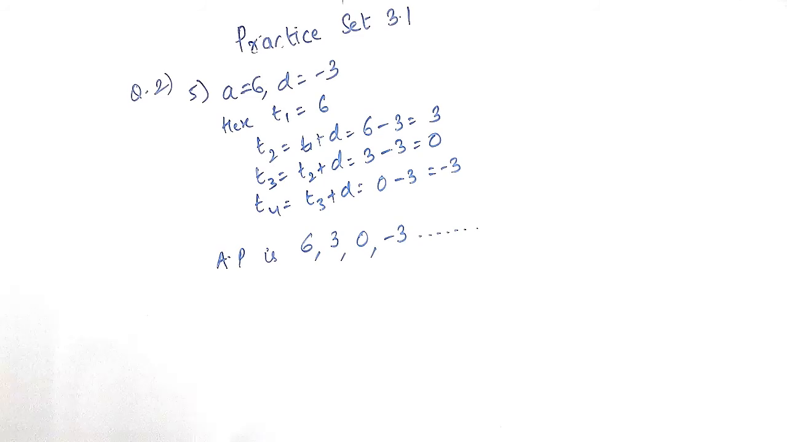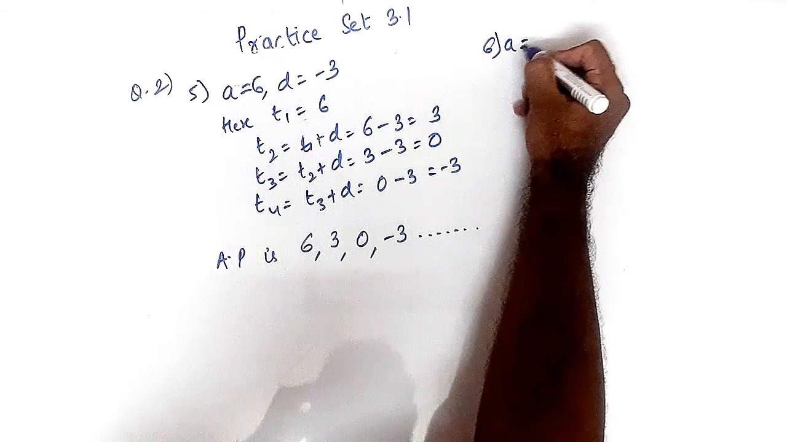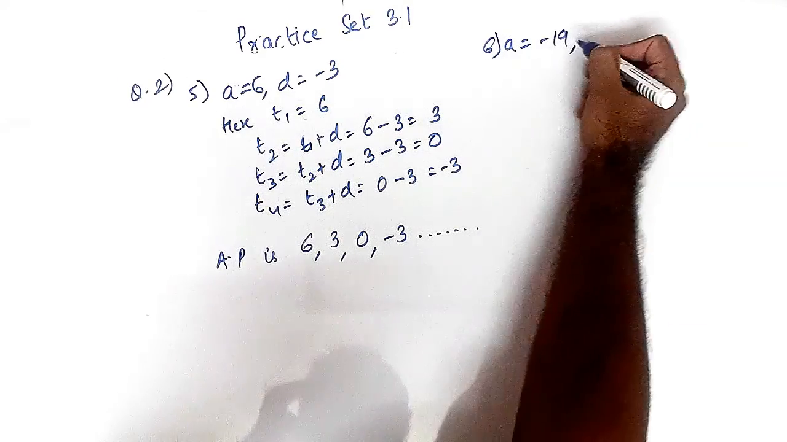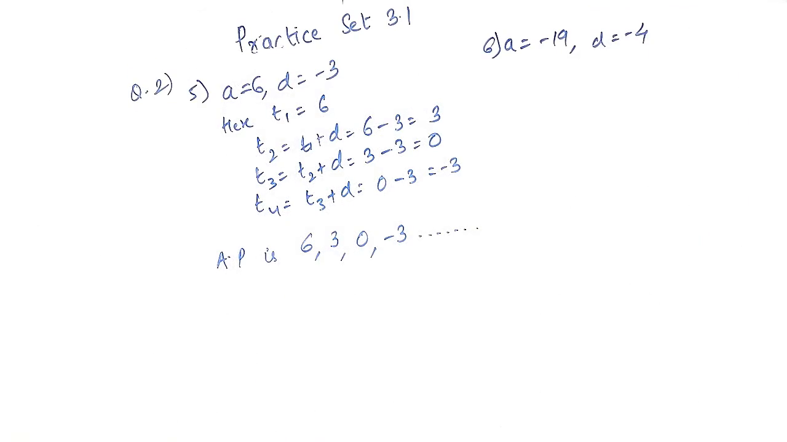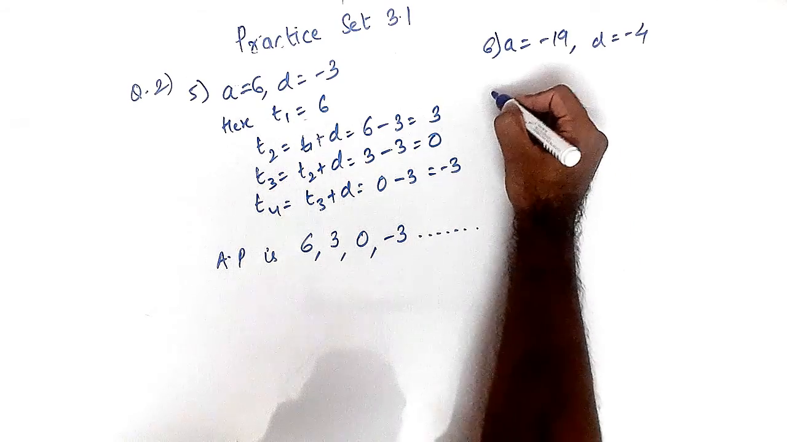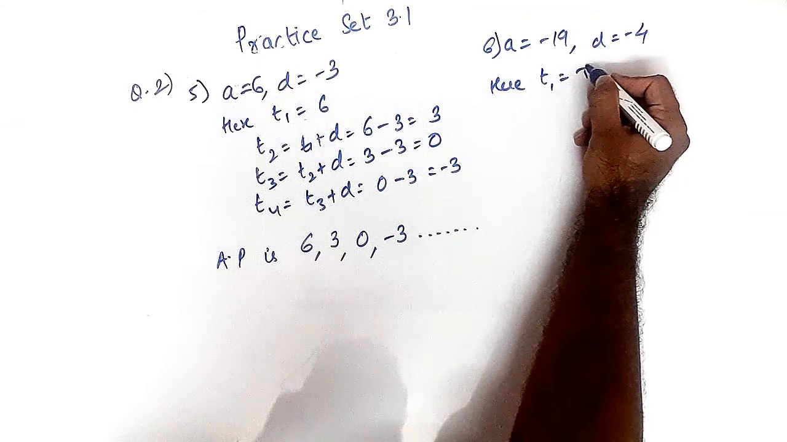Okay. Coming to sum number 6, we have the question as A is equal to minus 19, and D is equal to minus 4. So here both are negative, so watch carefully. A is minus 19, D equals minus 4. Okay, so here T1 is equal to minus 19,